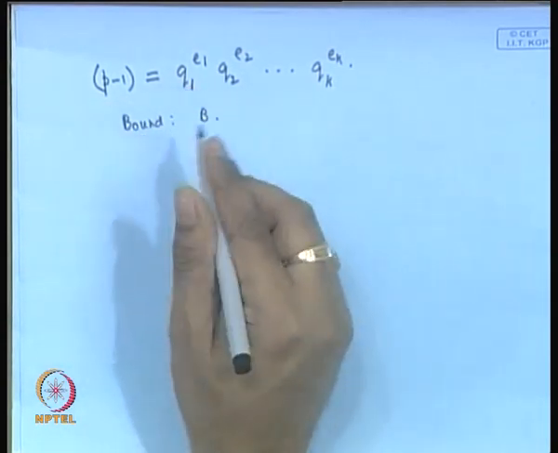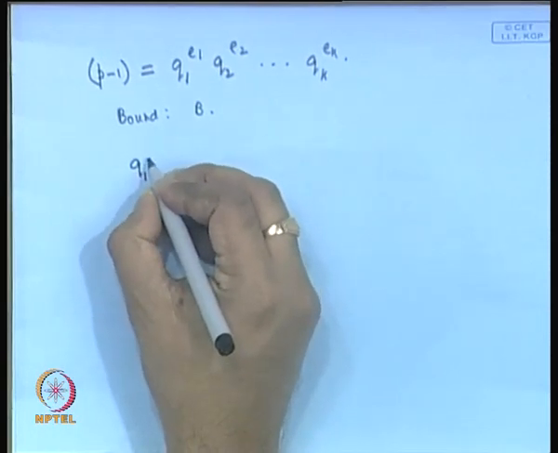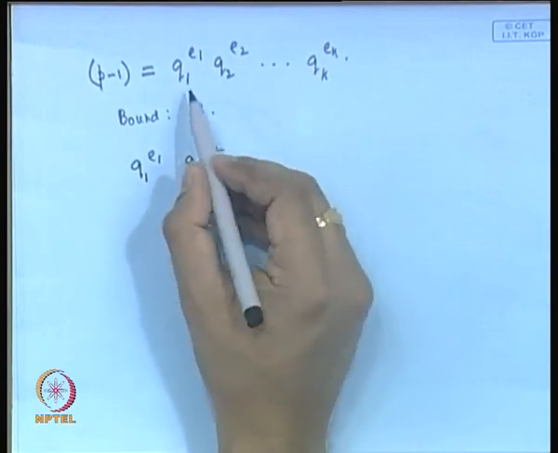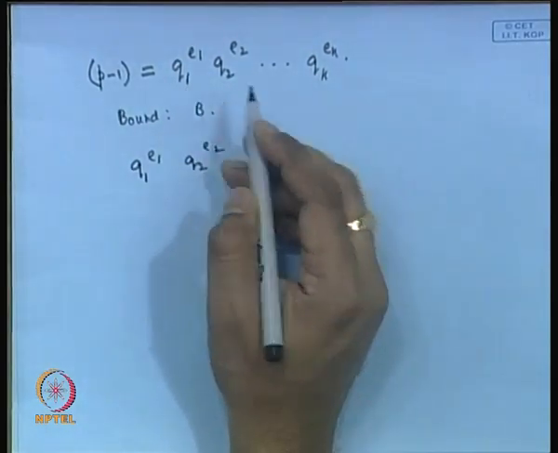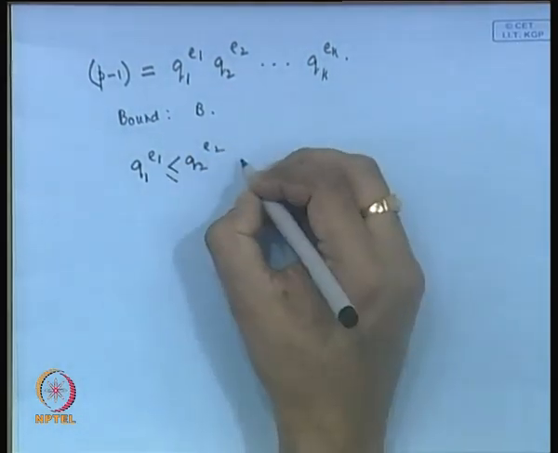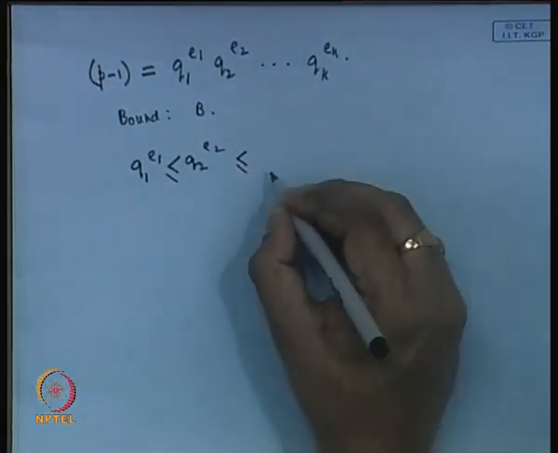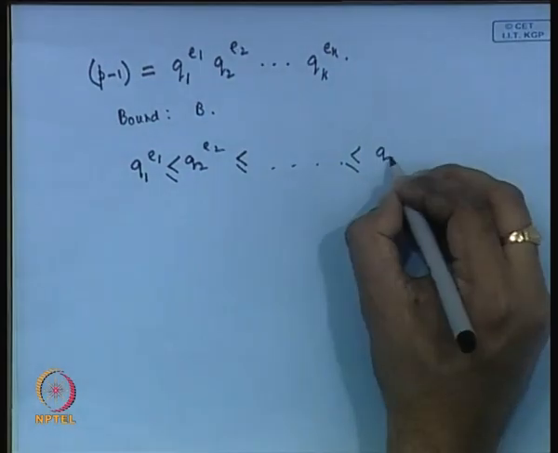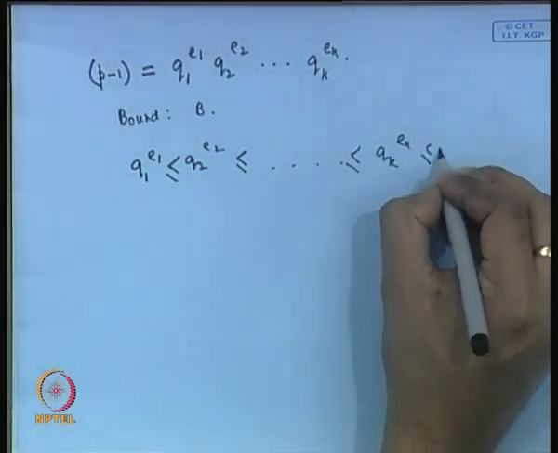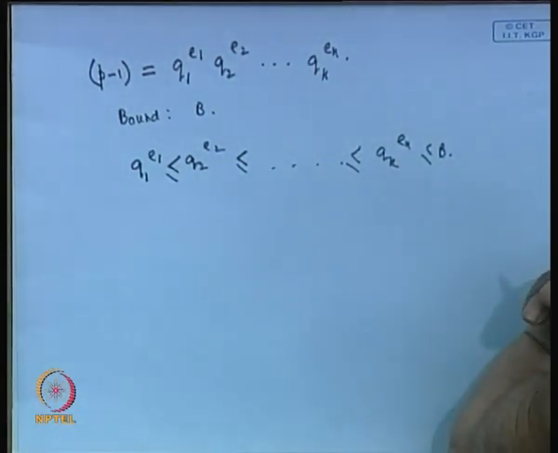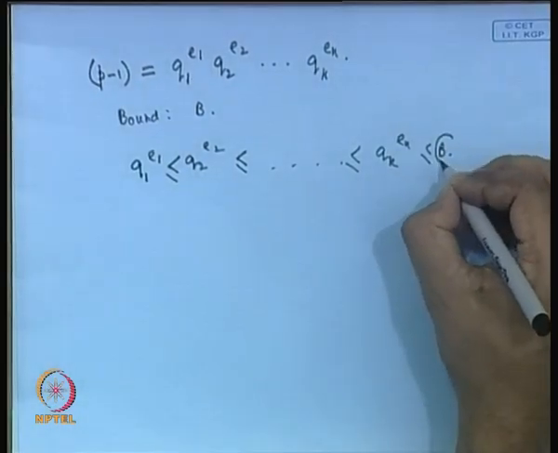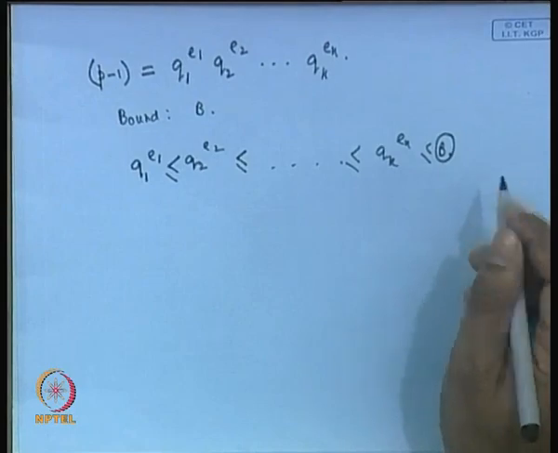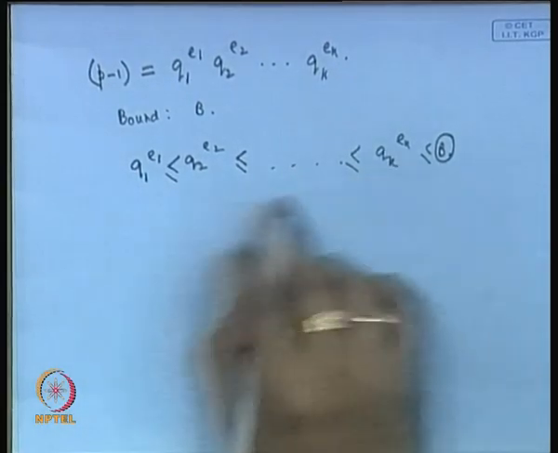That is, all these prime powers, like say q1 to the power of e1, q2 to the power of e2. For example, if I arrange them like this, without loss of generality I can do such kind of ordering, right. So, what I can assume is that all these prime powers are less than or equal to b. Suppose I do not know these prime powers, but I know that there is a bound like this. Okay. So, from this we know that all these prime powers